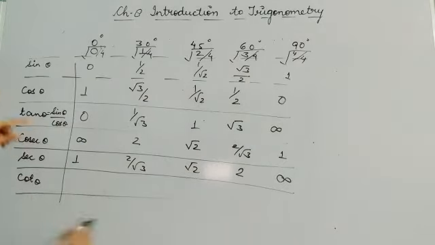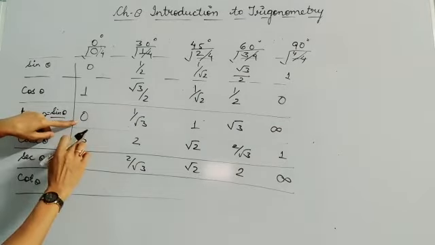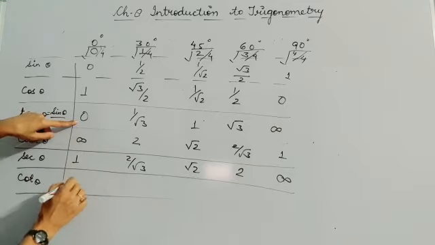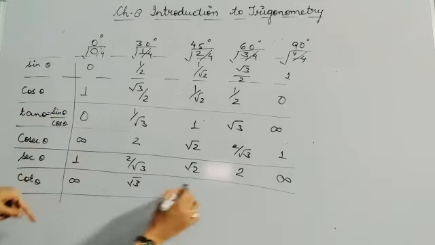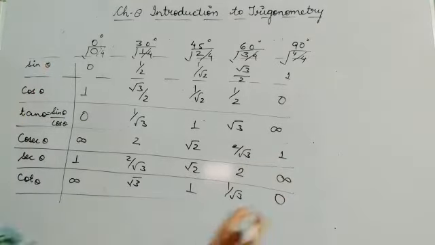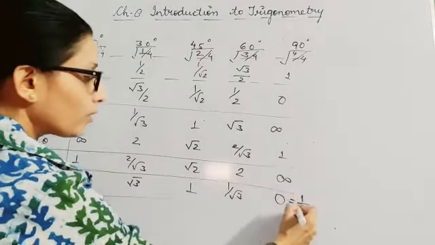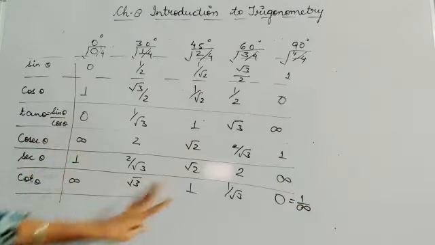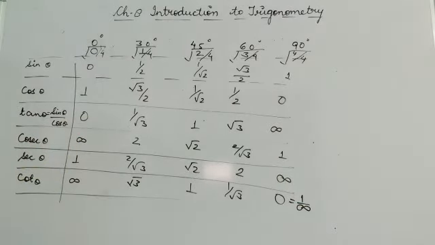Now for cot theta, you take the values of tan theta because cot theta is the reciprocal of tan theta. So this is 0 by 1, reciprocal of this will be 1 by 0, which is infinity. This will be root 3, 1, 1 by root 3 and 1 by infinity will be 0. So these are some standard values of specific angles which you need to remember, because in your board examinations you are getting questions out of this topic.